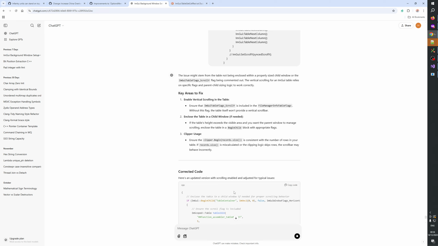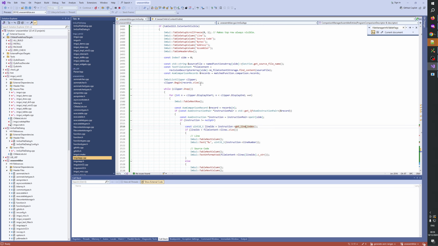Begin child. Clipper usage. Ensure record size is consistent with the number of rows. If records.size is miscalculated or the clipping logic skips rows, the scroll bar may behave incorrectly. So yeah, it could be the clipper, but